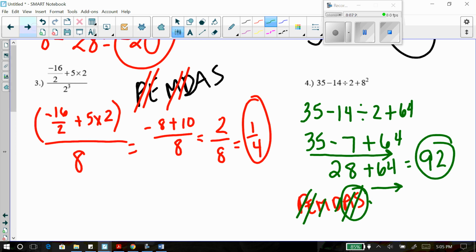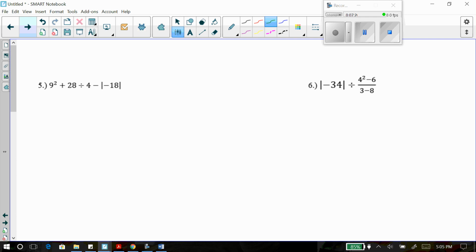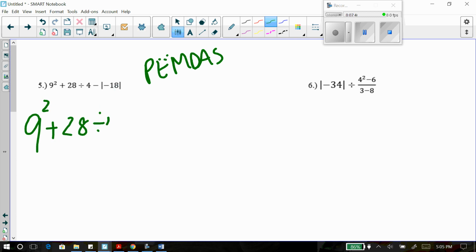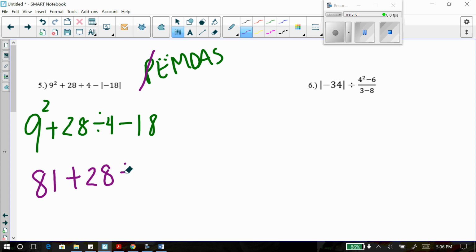All right, let's jump to number 5. Holy moly. Okay. PEMDAS. Parentheses and other grouping. So that would be our absolute value. So 9 squared plus 28 divided by 4 minus the absolute value of 18, which is 18. Then we do our exponents. 9 squared is 81